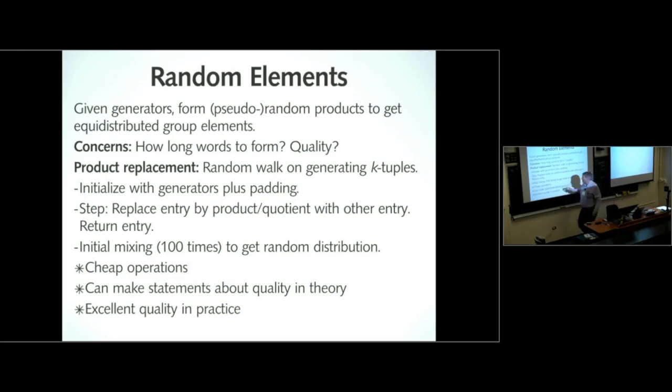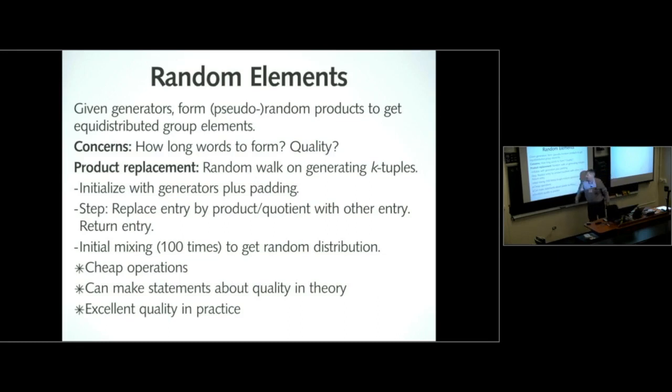Basically what we do is we initialize a k-tuple by taking the generators and padding with some identity elements, or just duplicate generators. And then the step in this algorithm is we take one element in the tuple, we replace it by the product of this with some other element, or by the quotient of this with some other element, and we return that entry. Clearly, this will transform a k-tuple to another k-tuple, and there is an initial mixing stage